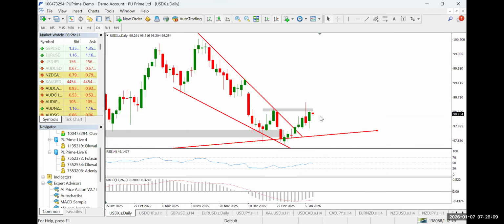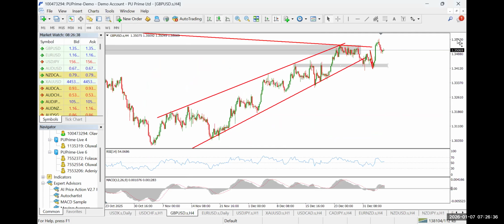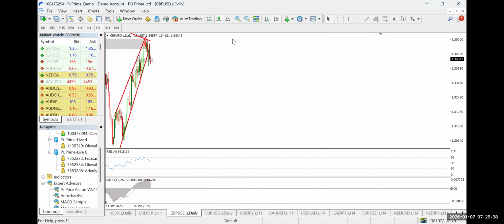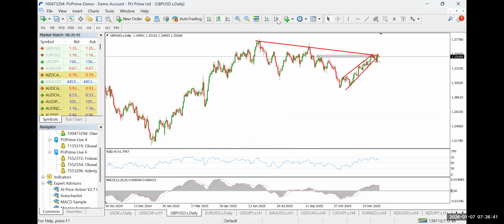Now for the dollar index, you can see 2 days ago price actually closed as a bearish rejection candle on a resistance level. Technically, we may be looking at a possible bearish movement. Though yes, yesterday it experienced some bullish movement, but technically with this rejection candle, we are to look for a potential bearish movement on the dollar index. So with that, we should be looking possibly at a bullish movement on the GBP USD.